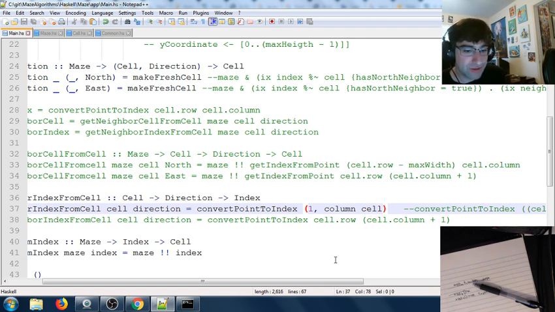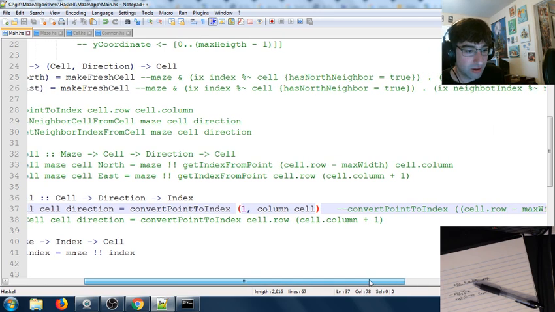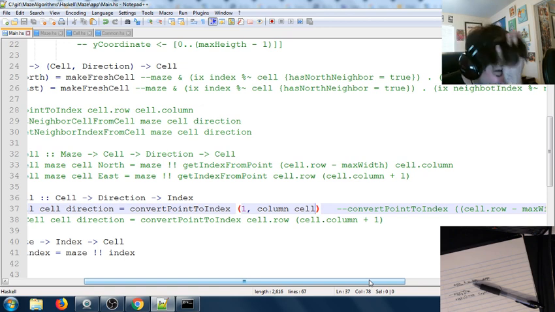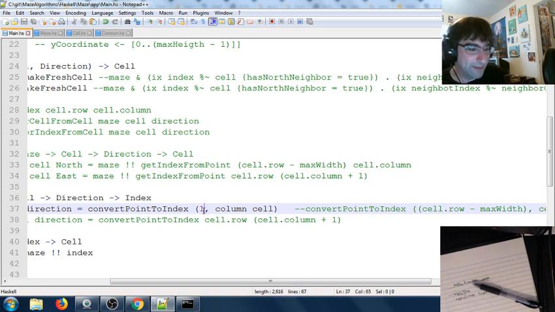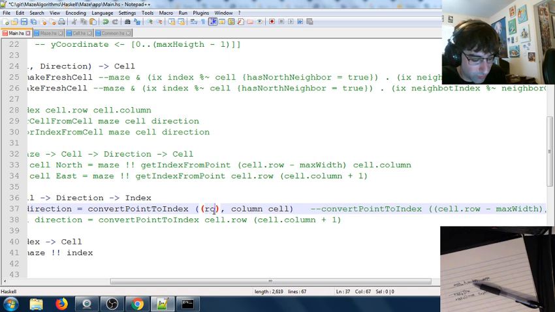Okay, so now that we know what's going on, we need column. So column is a function, and it takes a cell. Oh, I get it. Everything's a function. Everything is a function, and there's no dot notation like objects in C#, because this isn't an object-oriented language. It's a functional-oriented language. So this can be row, cell, minus 1? No, minus